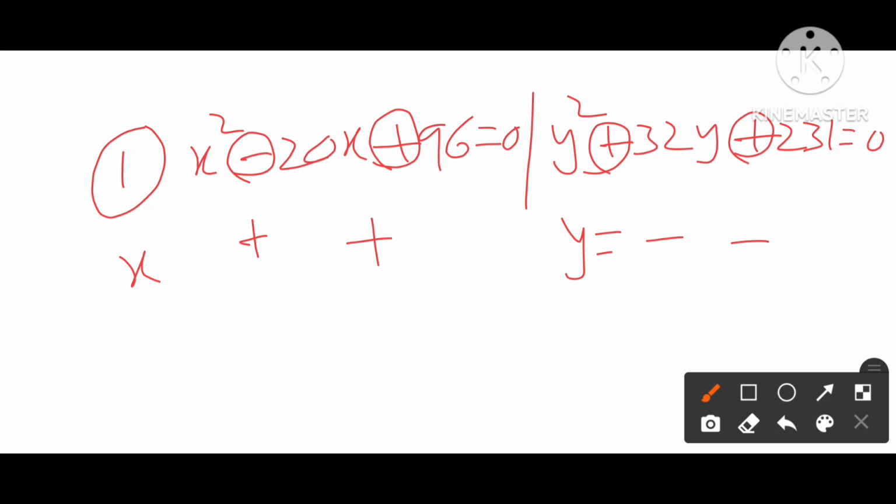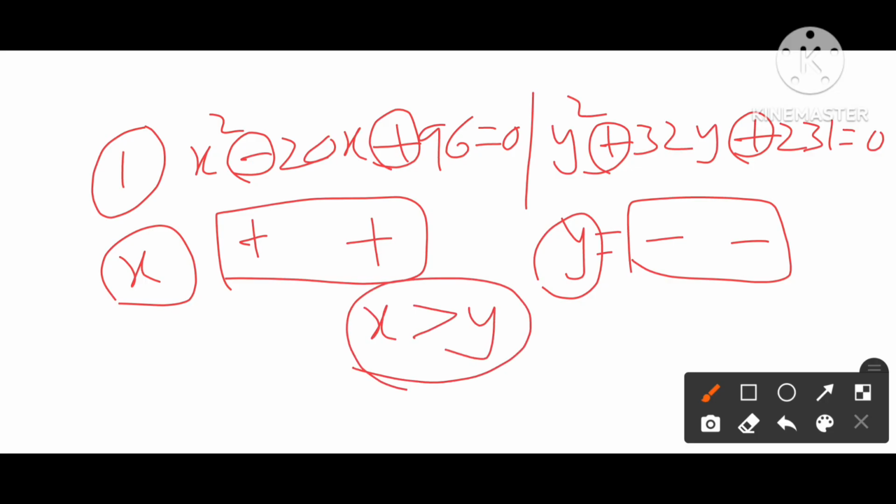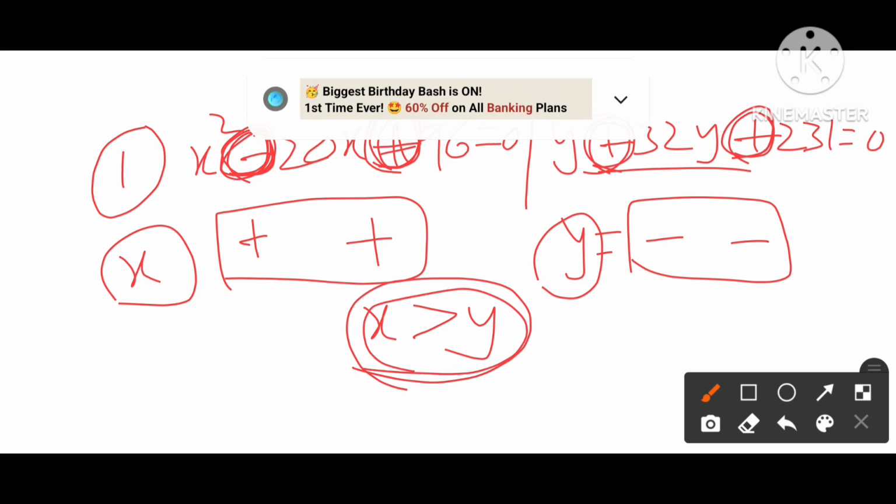Now we need to compare the values of the roots of x with the roots of y. Here we see both the roots are positive and here we see both the roots are negative. By comparing the roots of x and y, it is very clear that x is greater than y. So if we see a question like this, with minus and plus, and plus and plus, then we can clearly say that the minus and plus equation is greater than the other equation. So it takes only 2 seconds. So for question 1, we saw the shortcut method